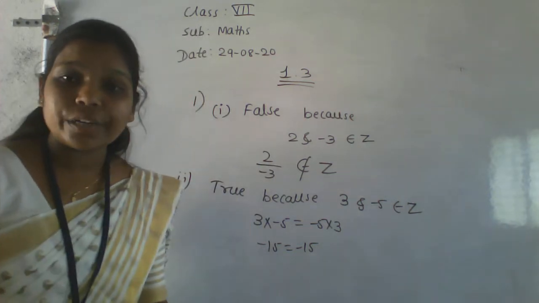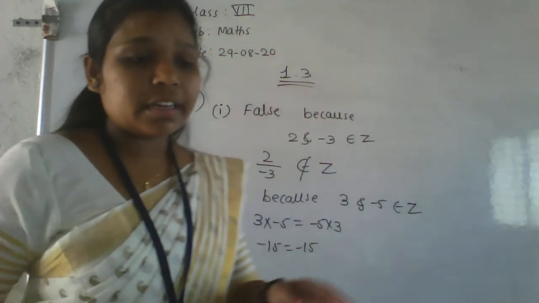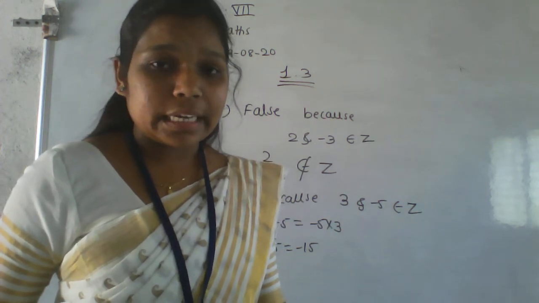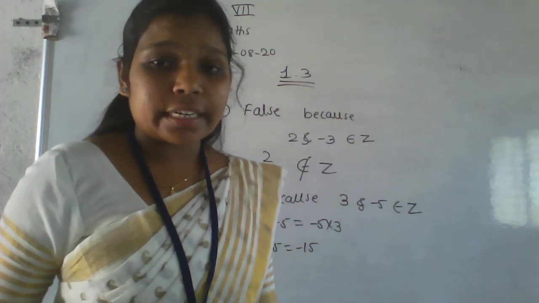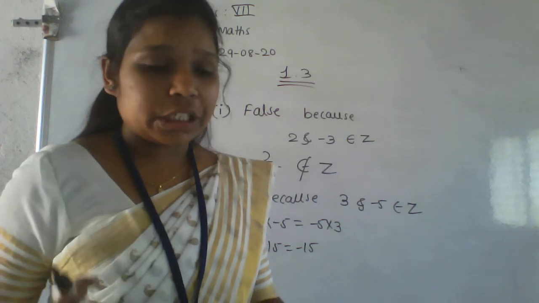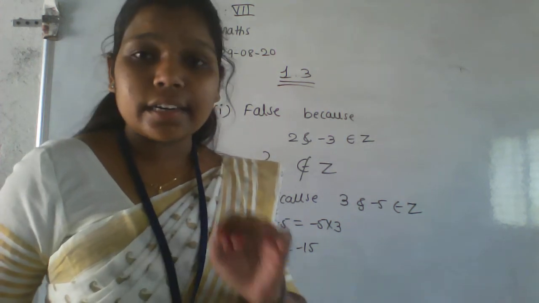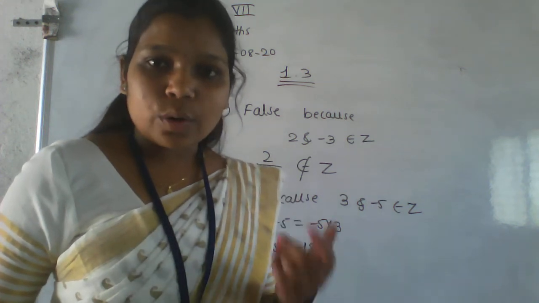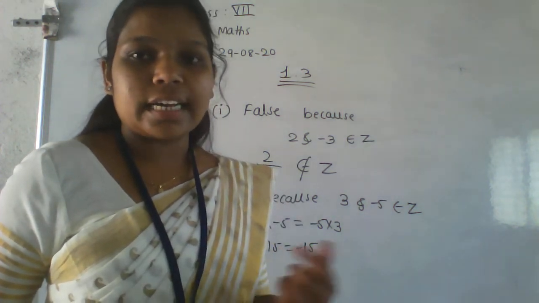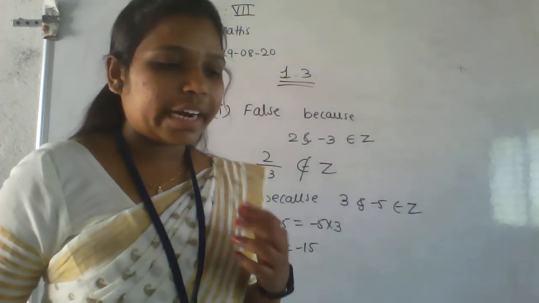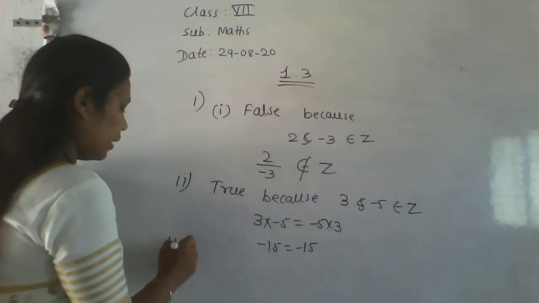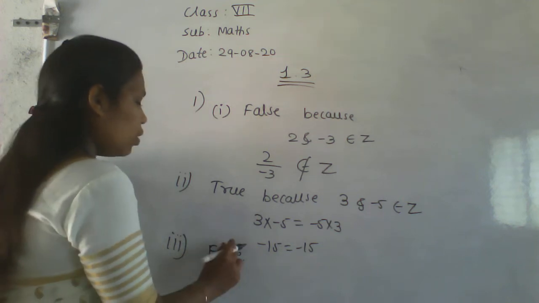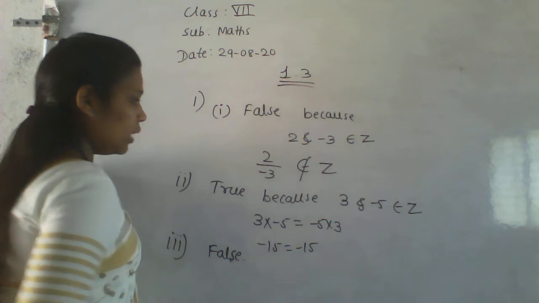No, it is not commutative under the division. Wherever the division is there, all the properties fail to satisfy under the division. Under the division means it will again fail to satisfy. That means what here? That is a false statement. So write the third one as a false statement. False statement. Okay.